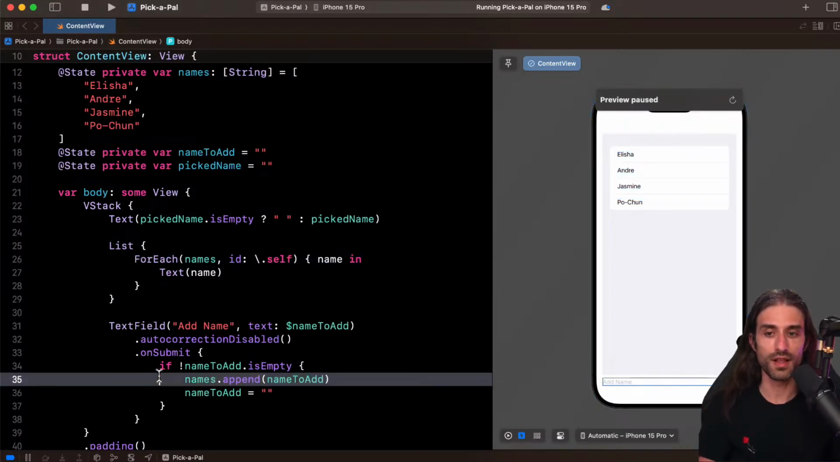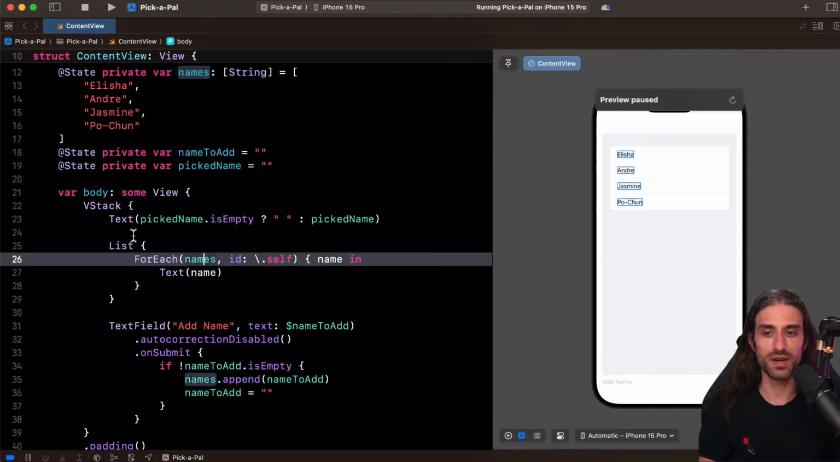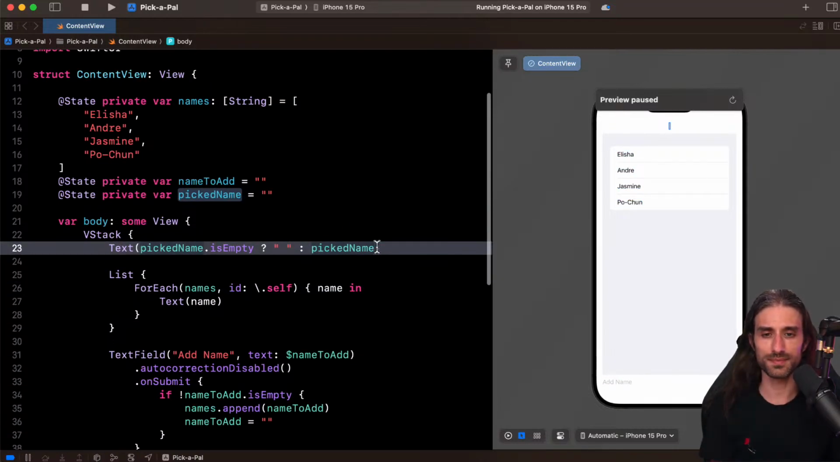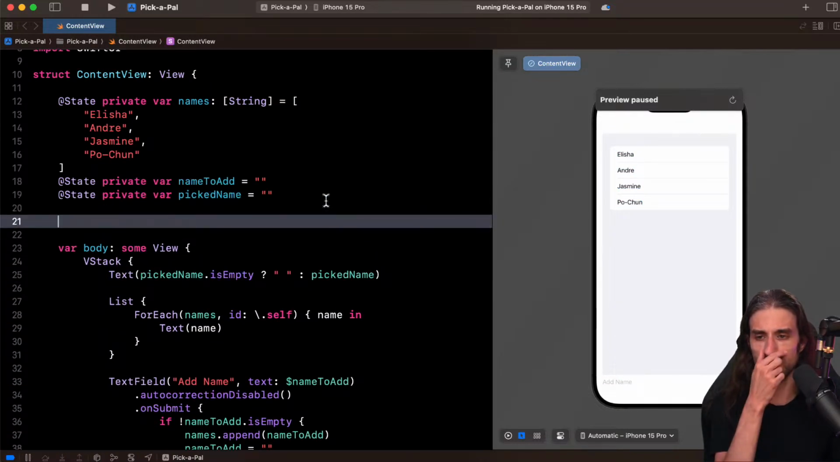You can use an if, but you can only use it in special places, and that's why here you cannot use an if. Otherwise, what I wanted to show you was that